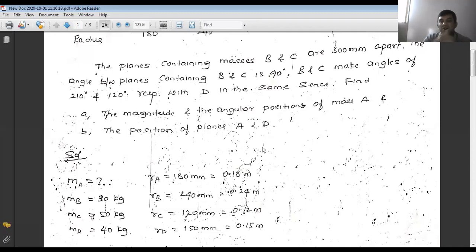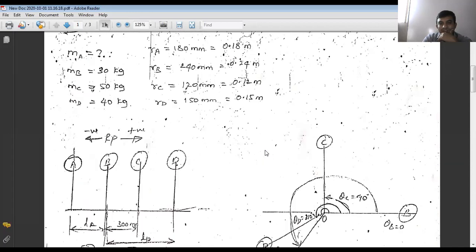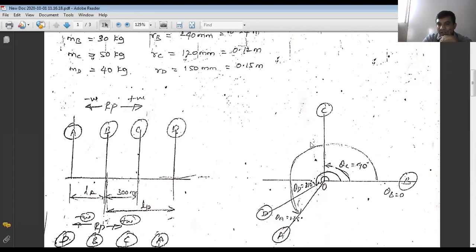Now, which one do you consider the horizontal, on the horizontal x-axis line? Which mass? Sir, D, or B, is it possible? If you consider A, theta A is unknown, so A is not possible. Either take B, C, or D. Yes, right. Either consider B as horizontal, no problem. If you consider D as horizontal, that is also possible.